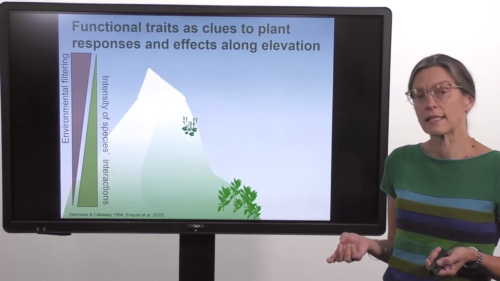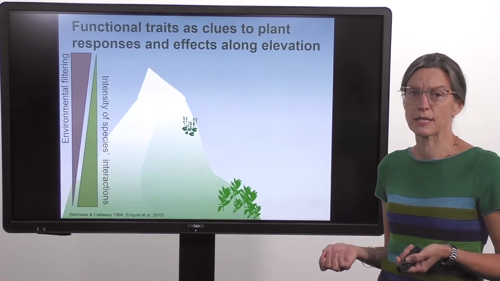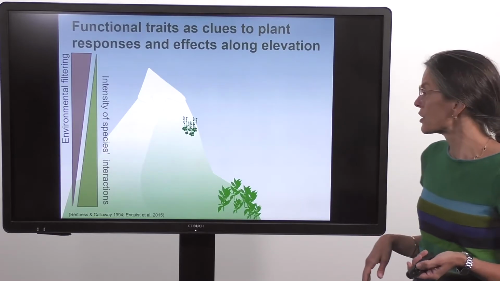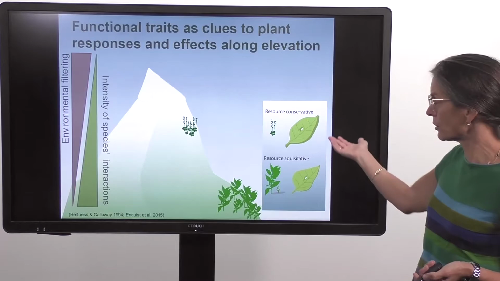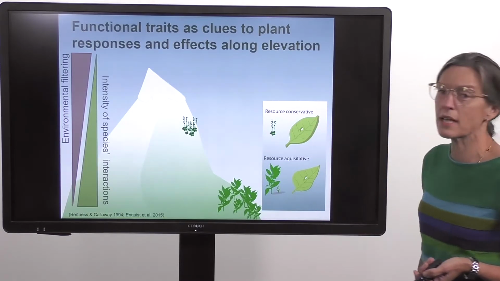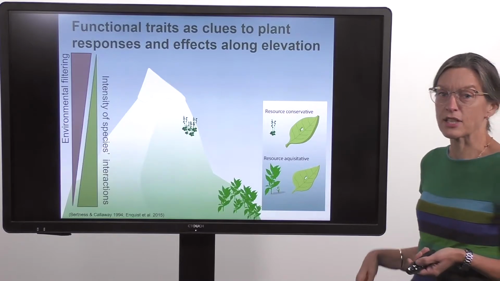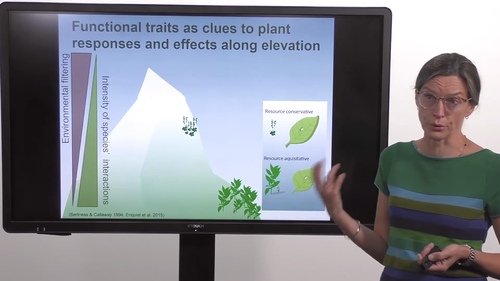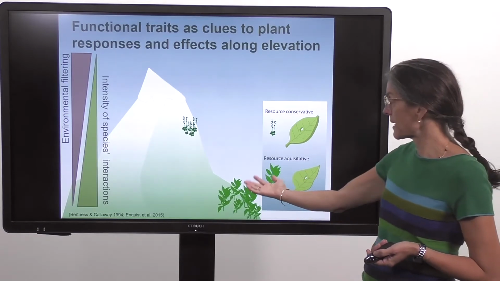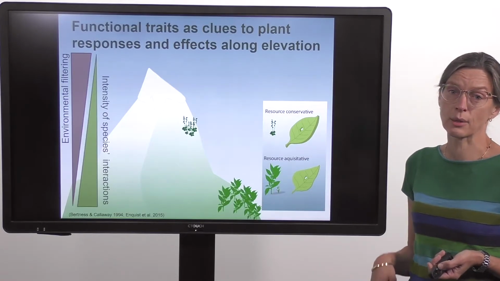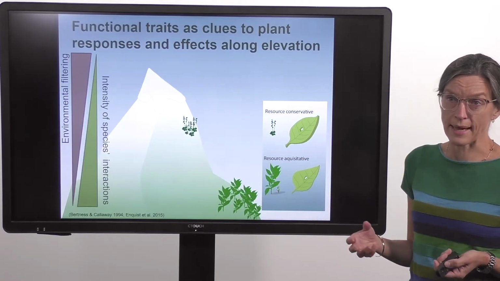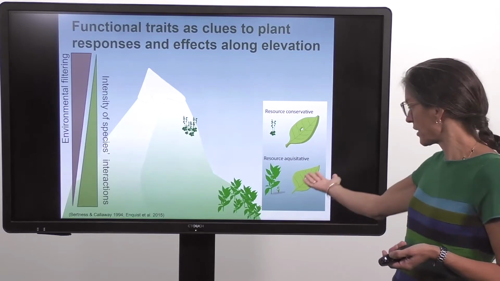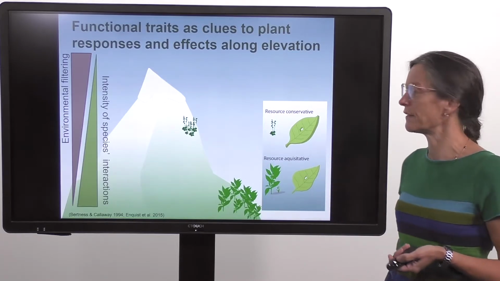And what's interesting is that these hypotheses make predictions about what kind of plants we can expect to find at different positions along the gradients. So, for example, at cold or harsh environments or in the alpines, we expect to find species with slow traits like thick, sturdy, long-lived leaves, and sort of slow nutrient dynamics. Whereas in the more mesic lowland areas, we expect to find resource acquisitive species with traits that make them able to turn over resources quite quickly. So they have thinner, shorter-lived, flimsier leaves than the alpine species.